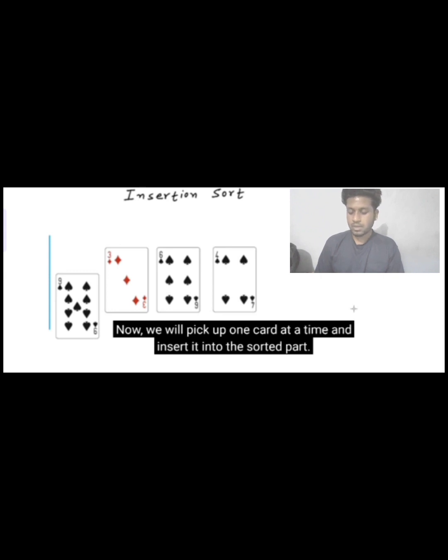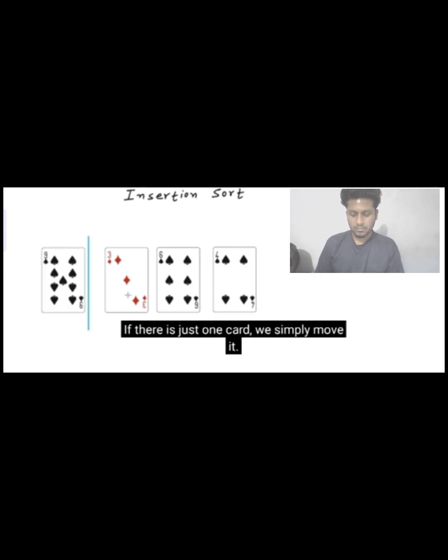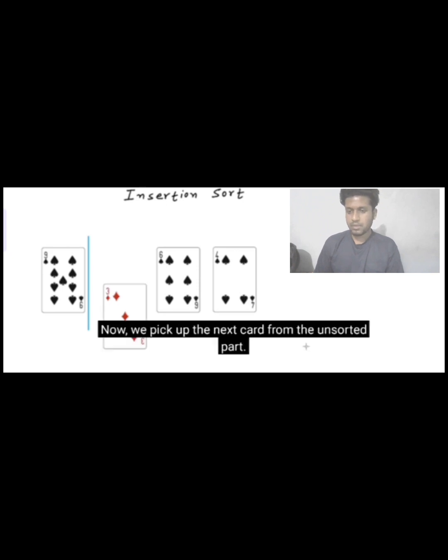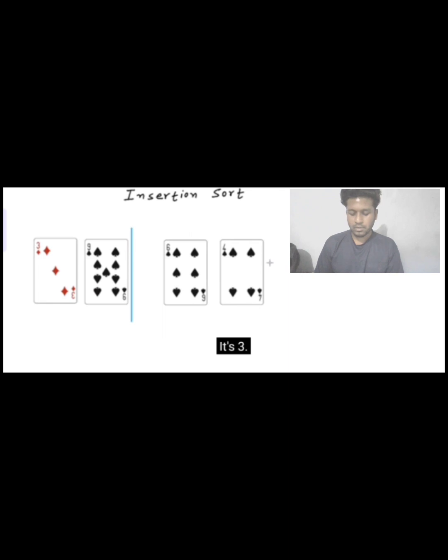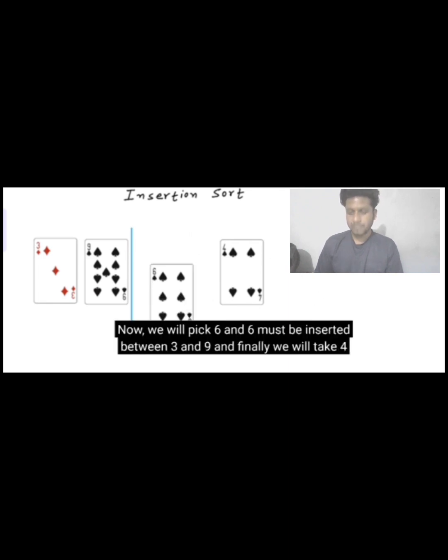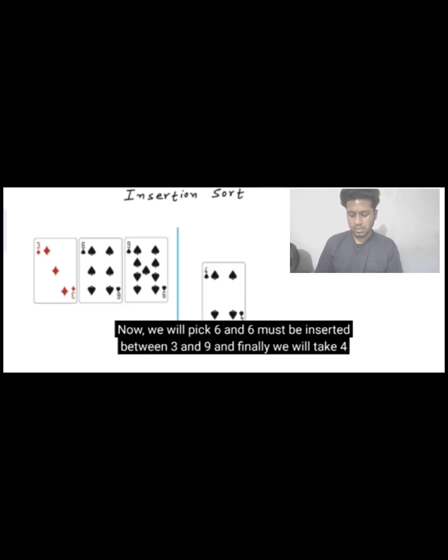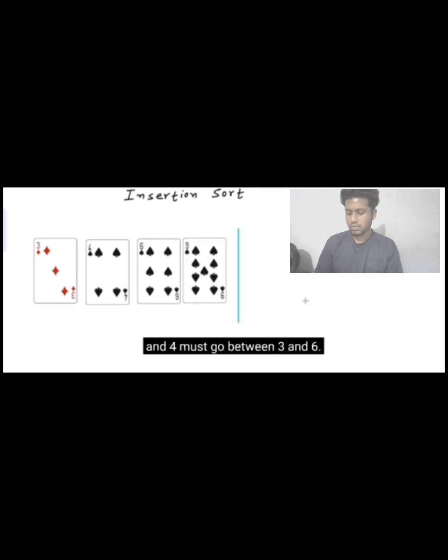Now we pick up the next card from the unsorted part. It's 3. It will be inserted before 9 in the sorted part. Now we will pick 6 and 6 must be inserted between 3 and 9. And finally we will take 4 and 4 must go between 3 and 6. It should be inserted between 3 and 6. And we are done once our unsorted